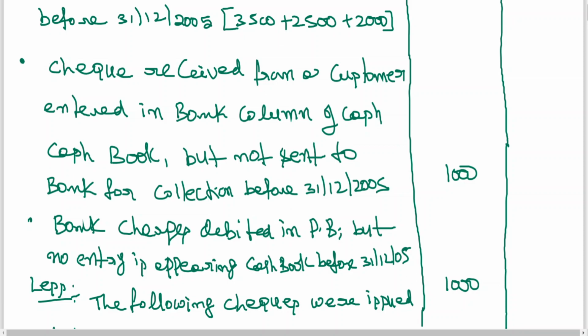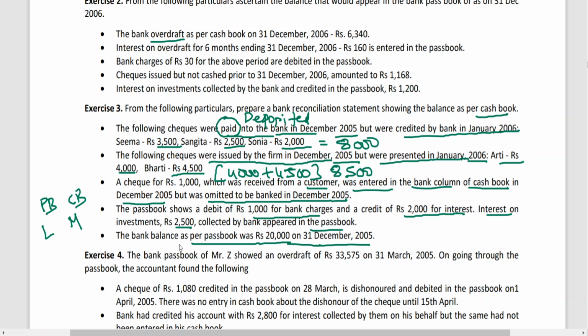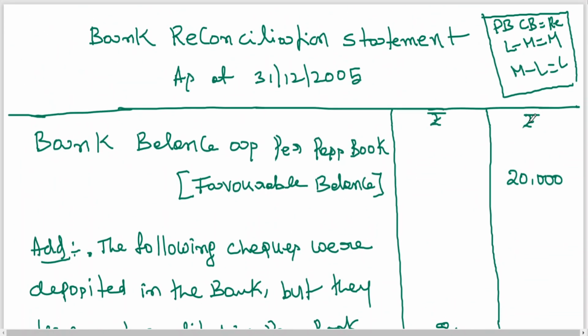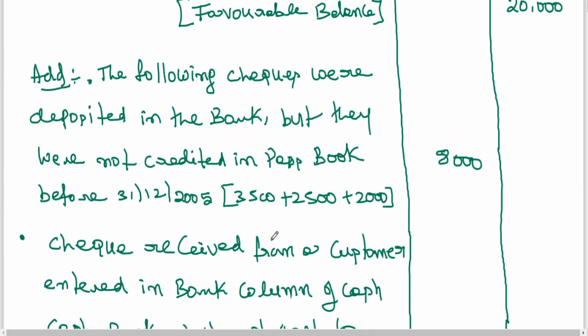Now, coming back to the last one, and credit of 2000 for interest on investment 2005. So they have got two credits. Credit in passbook is nothing but deposit. When credit is in the passbook means deposit. Deposit is there in which book? Passbook. When deposit is there in passbook, balance will be more. Deposit entry is not there in cash book, so it is less. So you know the rule here: passbook is more, cash book is less. In order to make passbook balance equal to cash book, it is to be subtracted.